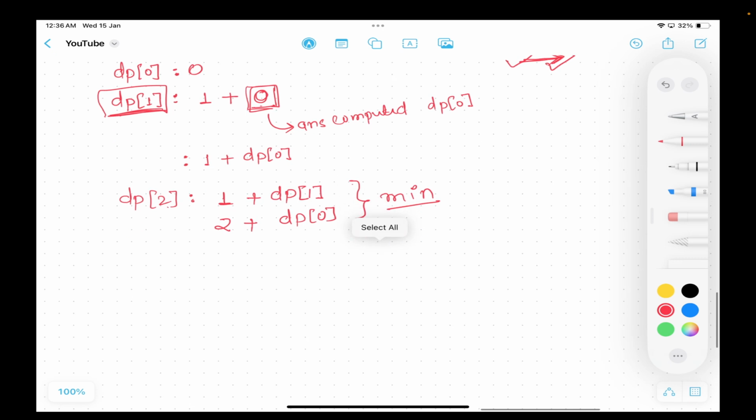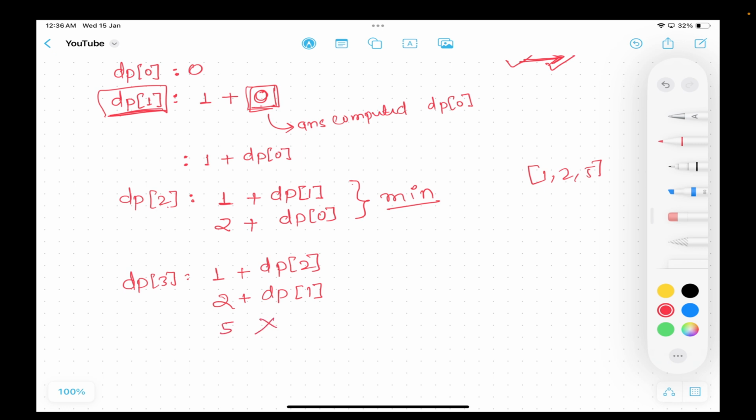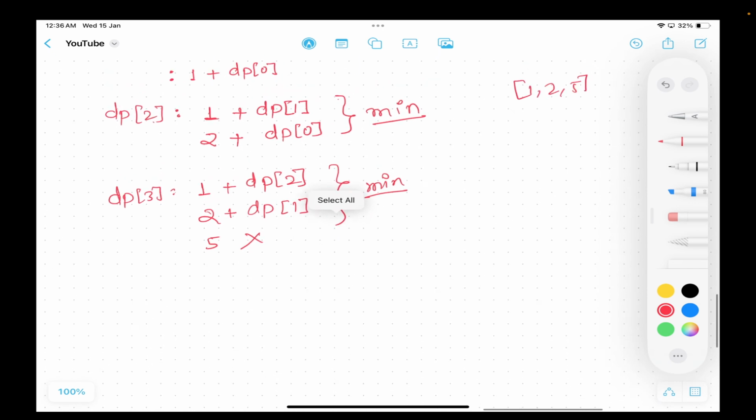इसी तरीके से डीपी ऑफ थ्री, डीपी ऑफ थ्री मीन्स तुम वन ले सकते हो, वन को लोगे, वन पे आइटरेट किए, डीपी ऑफ टू, टू लिए तो डीपी ऑफ वन। फाइव नहीं ले सकते क्योंकि फाइव इज मोर देन थ्री, सो इन दिस केस यू विल टेक मिनिमम ऑफ दिस, ओके।